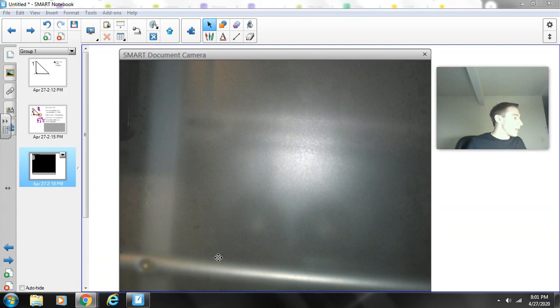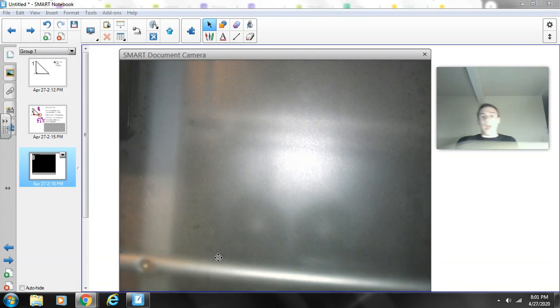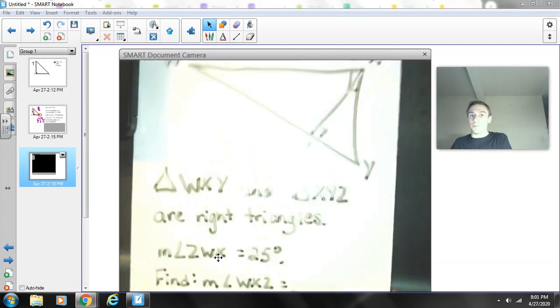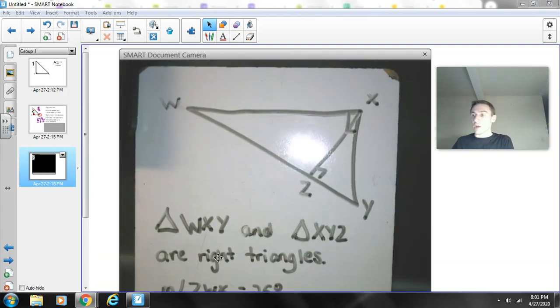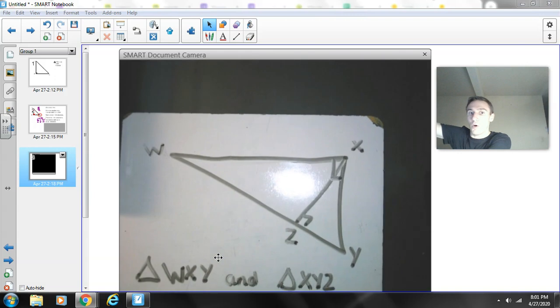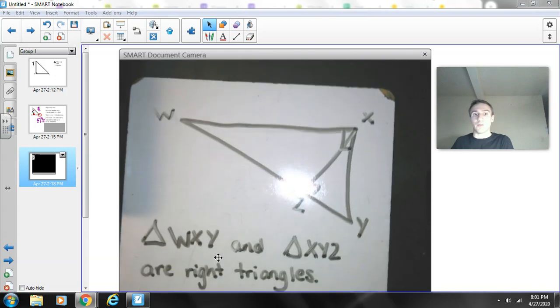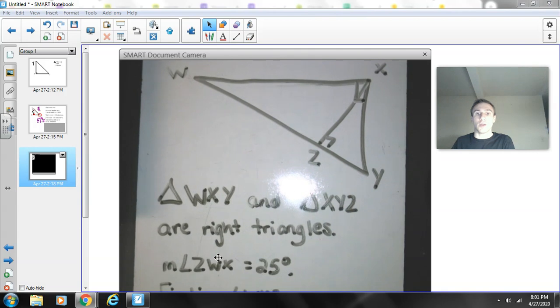What we're going to do right now is take a look at this next example. And on this example board, we have a crazy triangle system. I'm going to try to keep the glare here off to the side of the problem where it's not going to interfere too much. So here I have two triangles. And the wonderful thing here is that they are both right triangles. So here I have triangle